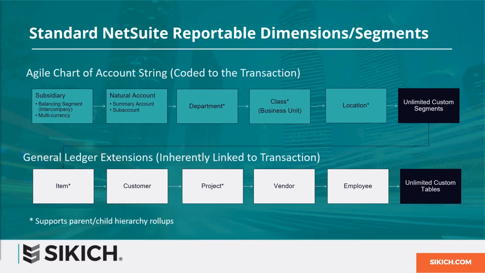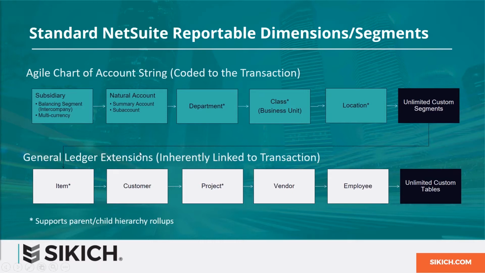Now, at any point in time, if you have a different dimension that you want to report on, you can go ahead and create a custom segment and report off that specific attribute. So from day one when you implement NetSuite, you're not locked down during that implementation process to define this long string of accounts within NetSuite, but it's flexible. As you continue to grow and expand, at any point in time, you can go ahead, define this custom segment 3 years from now, and then report off that specific attribute. So it's about being able to define these within the system and give you that dimensional chart of accounts that are all linked to the underlying transactions, your customers, your vendors, your employees, those entity records, as well as the